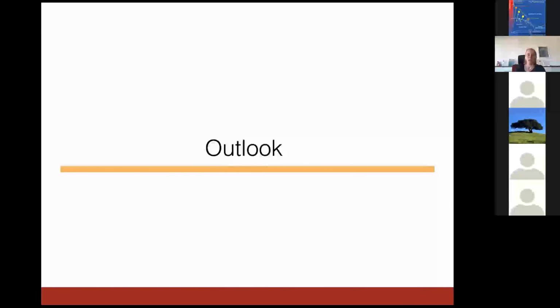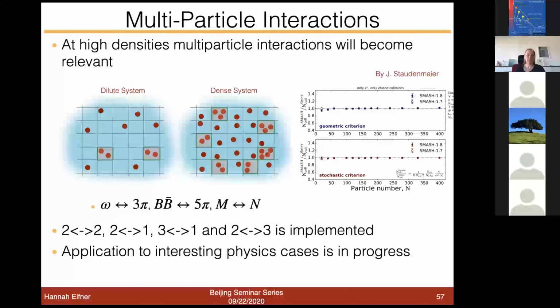And so the outlook, after all we have done so far, is to go for multi-particle interactions. I told you that we so far had only binary interactions because of detailed balance. If one wants more possibilities, like some decays, for example the omega decay into 2-3 pions, which is measured, then one also wants the back reaction. And that is also relevant for moving to higher or denser systems with such a hadronic transport approach, where one might have more particles close to each other, and they should interact. This is what we're moving towards too.